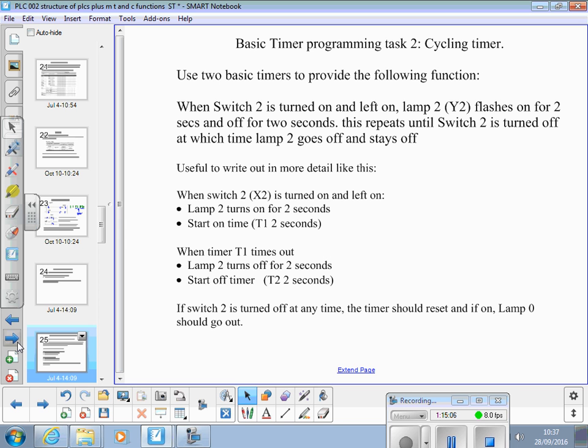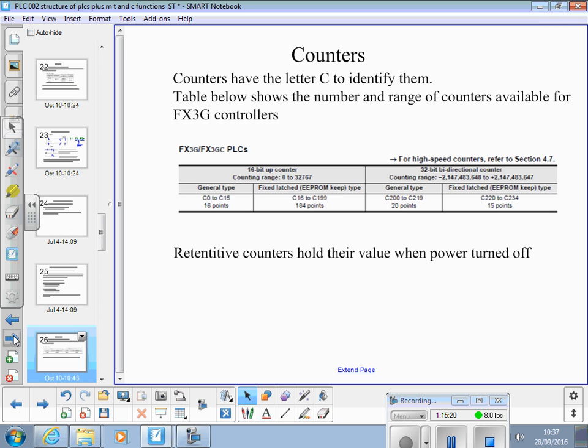So when you have a go at your pedestrian crossing, you want to flash your amber light, you might want to come back to this little routine and incorporate that into your new program. And then just go through